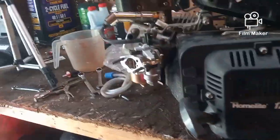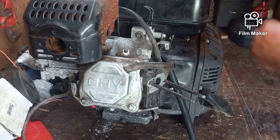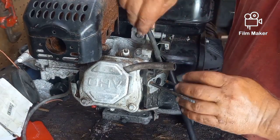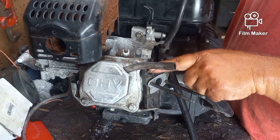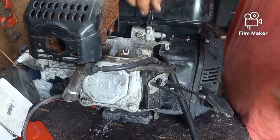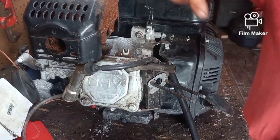So I'm going to replace that, put that tank back on, hook the carburetor up, take it outside, and let's fire it up. Okay, the fuel tank has been bolted back on in place. The only thing that I did not do, the spark plug wire fits through right here under this hose. You'll see it, there's a little feed through,